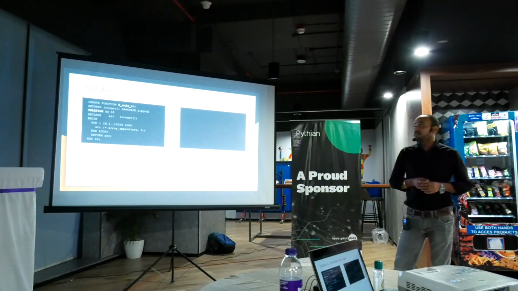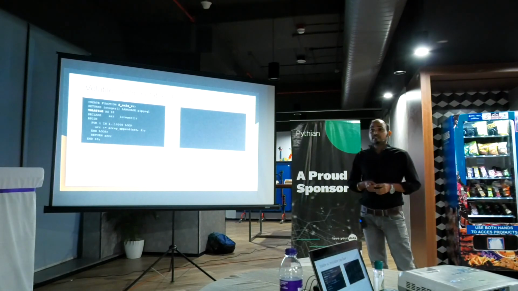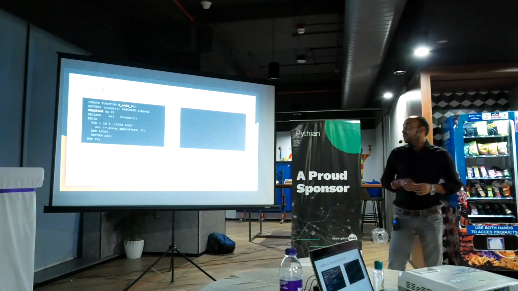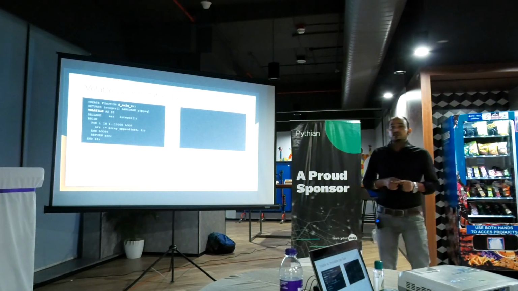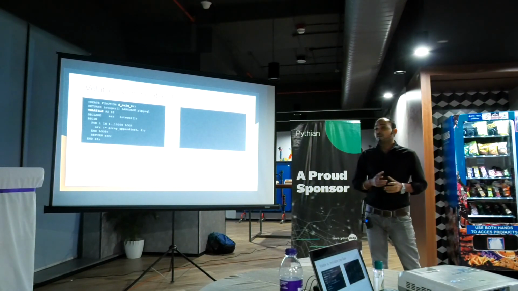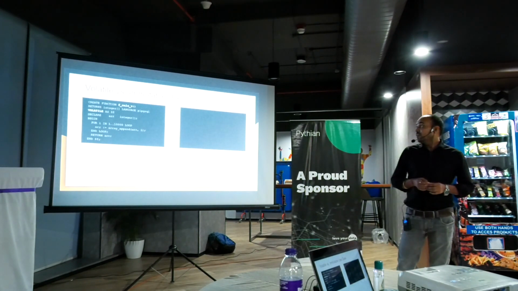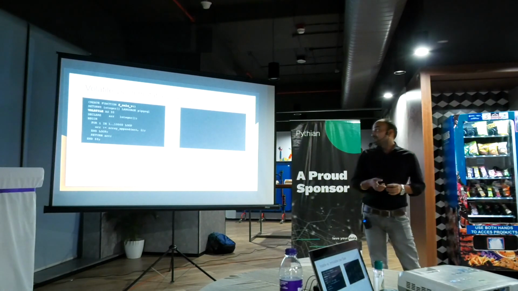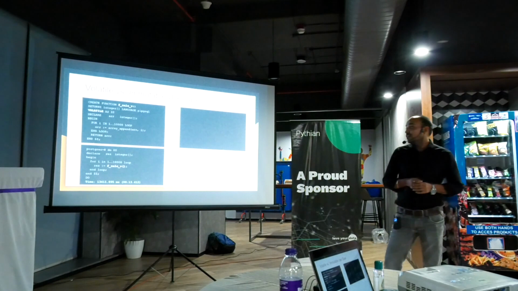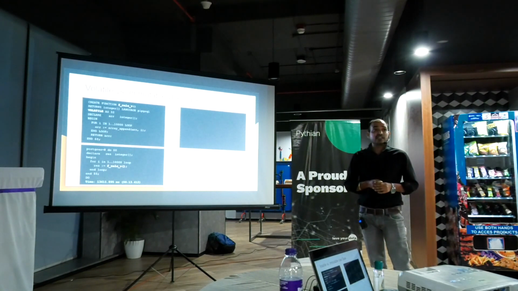What I have done is created a very simple function. It loops through 10,000 times and then creates an array. That means it doesn't matter how many times you call this function, it will always return the same array. When we execute this function, it got executed in 13,000 milliseconds. That means 13 seconds it took.